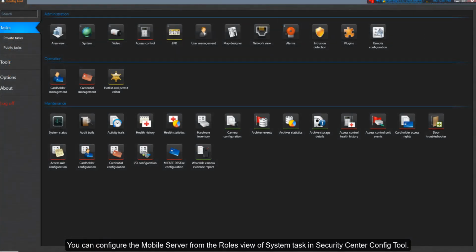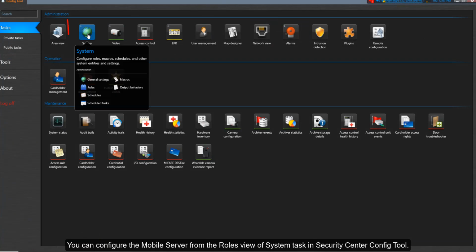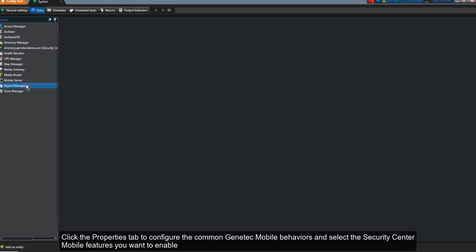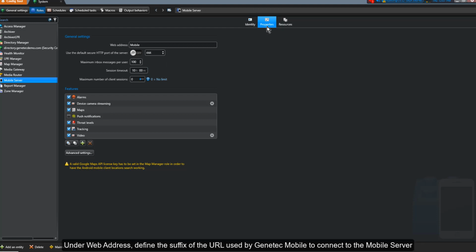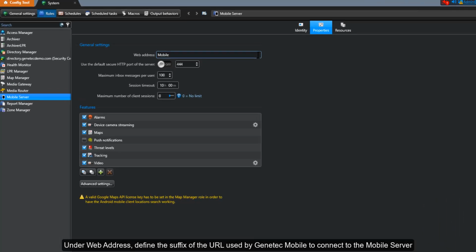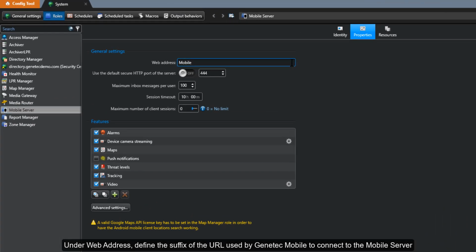You can configure the mobile server from the roles view of System Tasks in Security Center Config tool. Click the Properties tab to configure the common Genetec mobile behaviors and select the Security Center mobile features you want to enable. Under Web Address, you can define the suffix of the URL used by Genetec Mobile to connect to